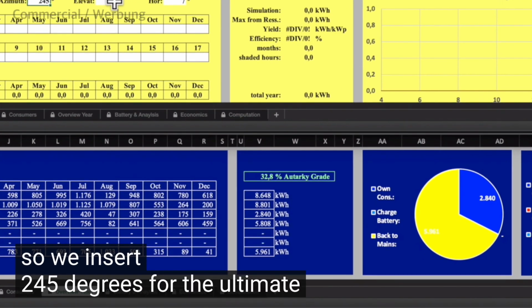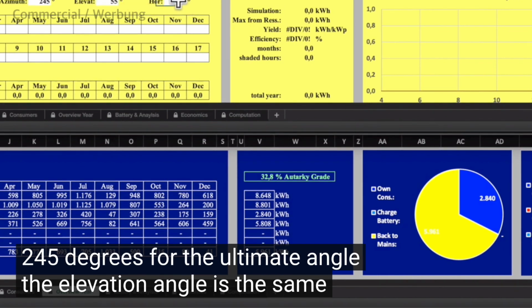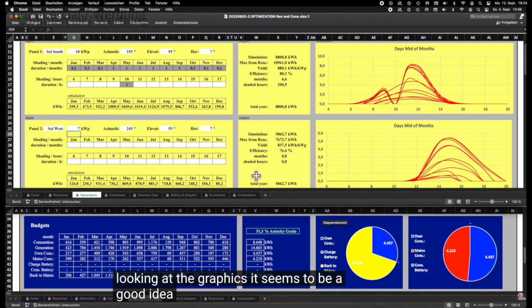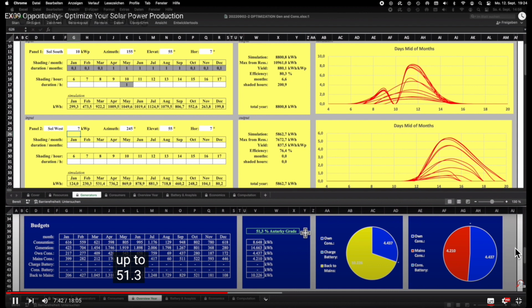However, sometimes I also found a misinterpretation of single words, like here. It should be the azimuth angle instead of the ultimate angle. Later, I tried to say the word autarky for being independent from the mains network, but the interpretation was Otaki, which is a river in Australia. Okay, my English pronunciation is not the best. That might be my mistake. But in any case, we should check and correct the text before we publish the video.